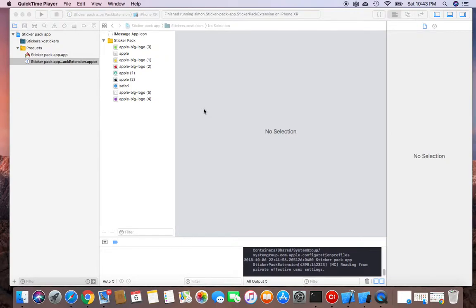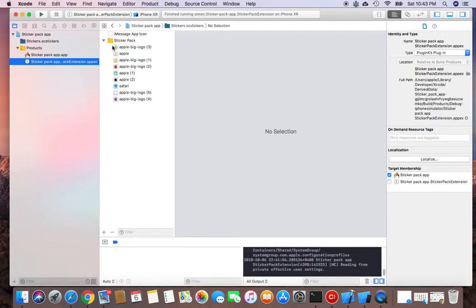Everybody, this is a brand new video on how to create a sticker pack message app. So you can see, just log on to your Xcode, you choose sticker message app. So this is the app that I've already created. This is where you put your icon here. You see, these are my icons,